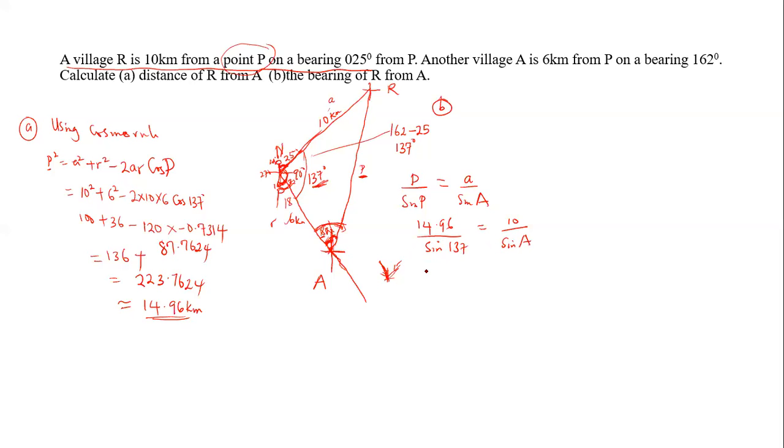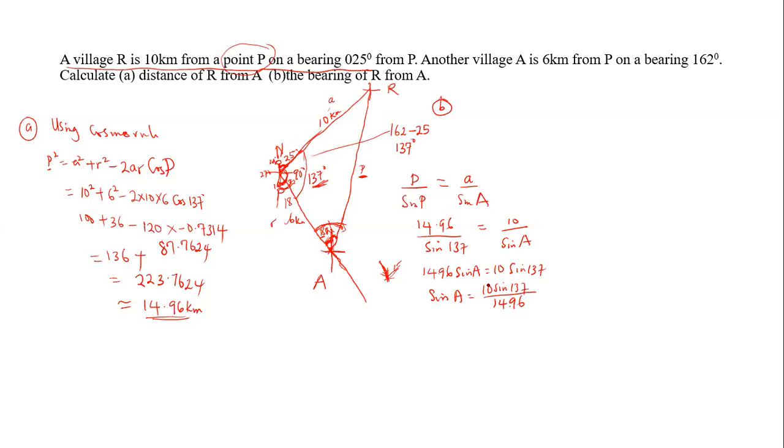If you cross multiply, we have 14.96 sine A equals 10 sine 137. So sine A equals 10 sine 137 over 14.96. So if you make use of your calculator for that one, we are going to have